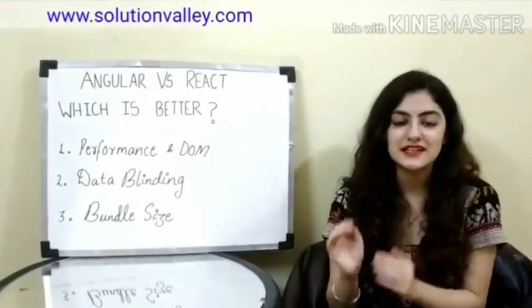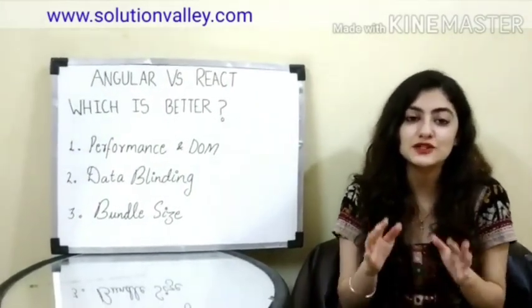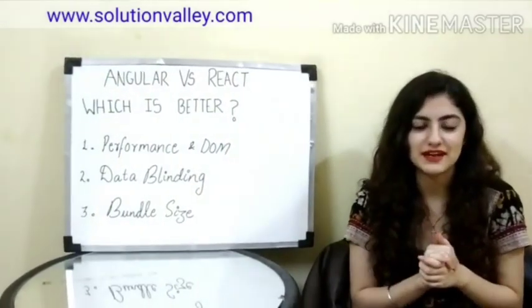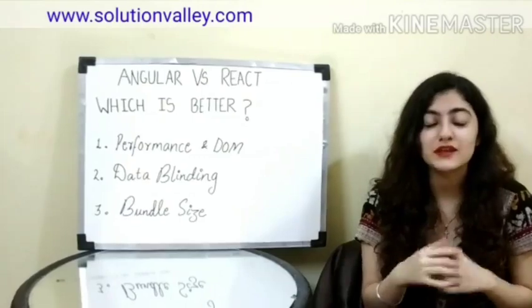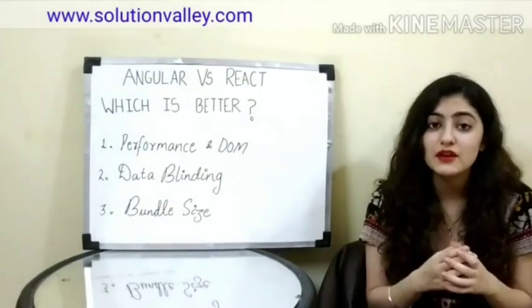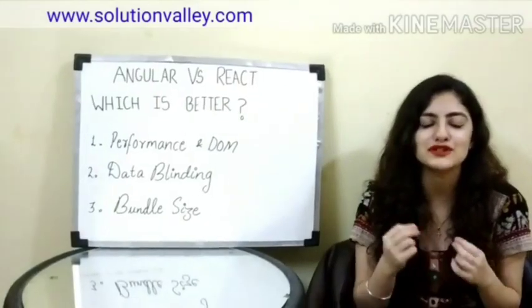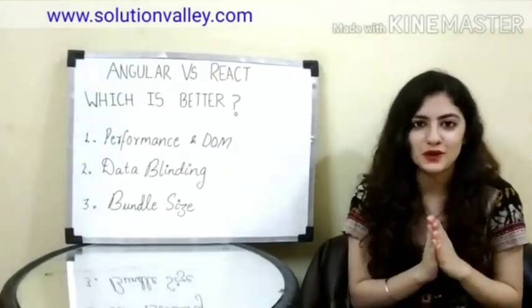Next up is data binding. So the difference between the two is that Angular uses two-way data binding while React uses one-way data binding. For a fact, one-way data binding is better because it makes the code more stable and moreover, it also makes the debugging of an app much easier. Still, with Angular's way, it's simpler to work with.